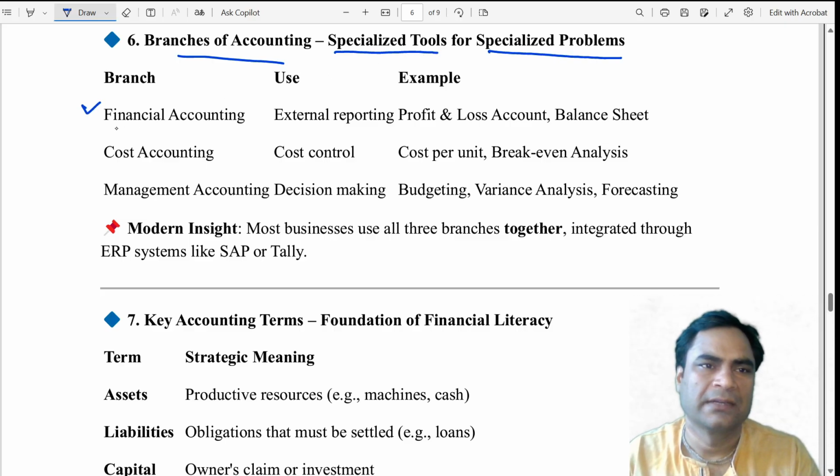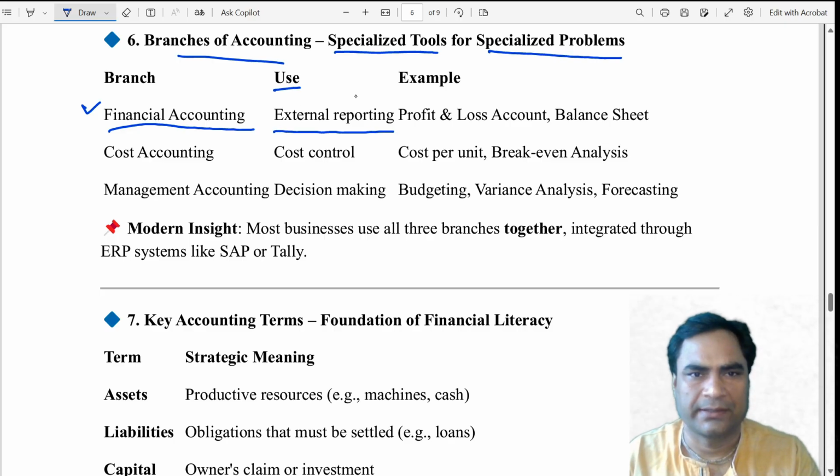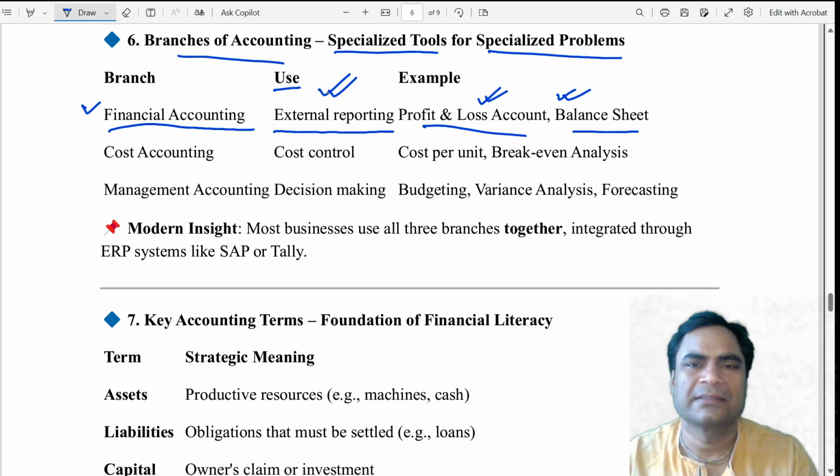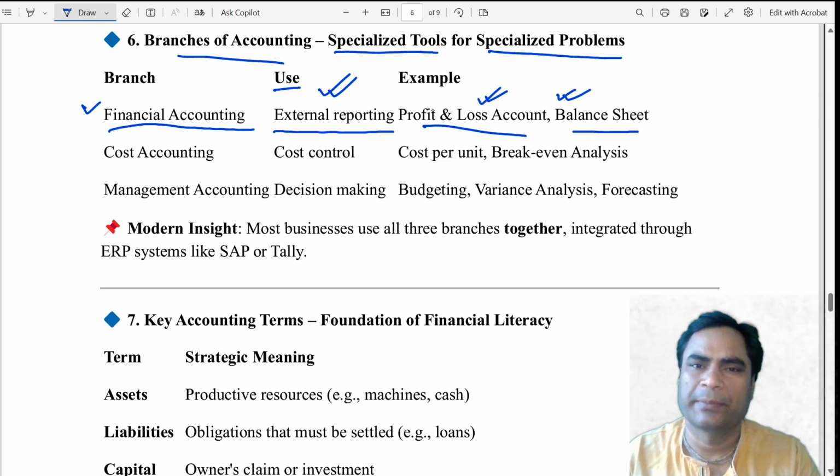For example, there is financial accounting as a branch of accounting. It is used for external reporting. Actually, external reporting can be considered as a specific problem. So it is tackled with the preparation of profit and loss account and balance sheet. And these statements are sent as a report to different users for external reporting. So as a branch, financial accounting fulfills this particular need of external reporting through the preparation of profit and loss